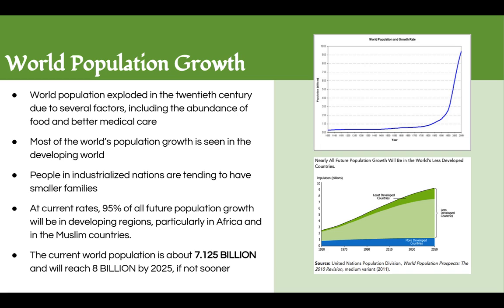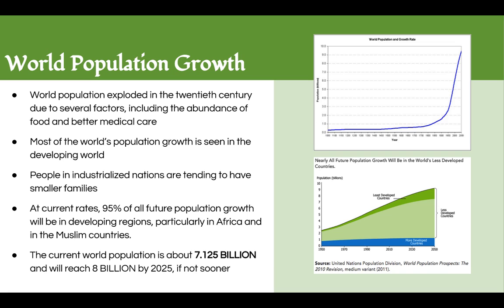And so it's not that people are having more children necessarily, which is leading to this population growth, but that people are living longer and actually living to the age where they can have more children. So for example, average family size in Europe hasn't necessarily grown, but more children that are being born are living to ages when they can have more children. And so this is increasing our population.